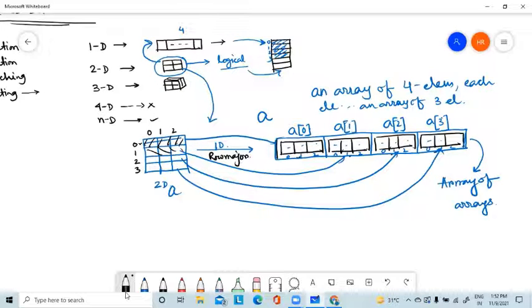Now in this row major representation, how to calculate the position of a particular element? Suppose I want to calculate the position of this element in row major. The element name is A of 2, 1.